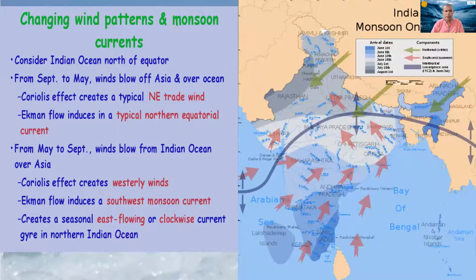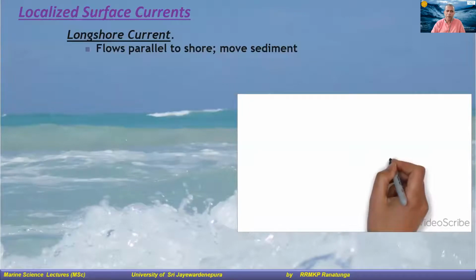So that is the situation in the Indian Ocean monsoon. You have to read a little bit further on this, the Indian Ocean monsoon, because that's the most important condition for the Indian Ocean, especially for us. We very much get influenced by what we call the monsoon. I hope you got some idea about the monsoon, right?